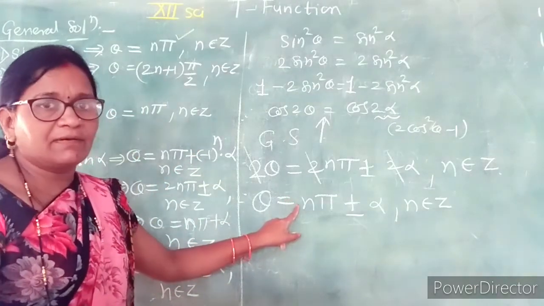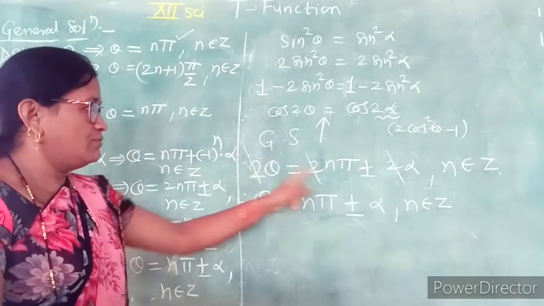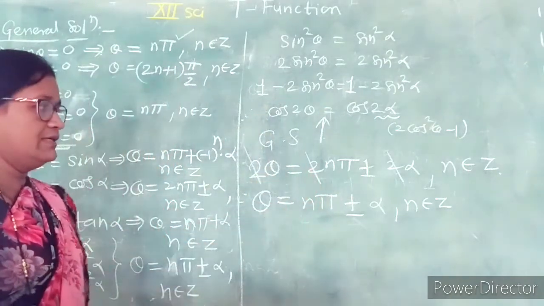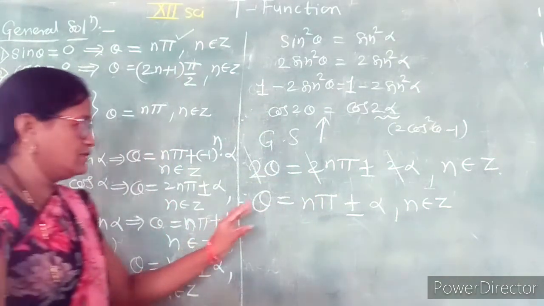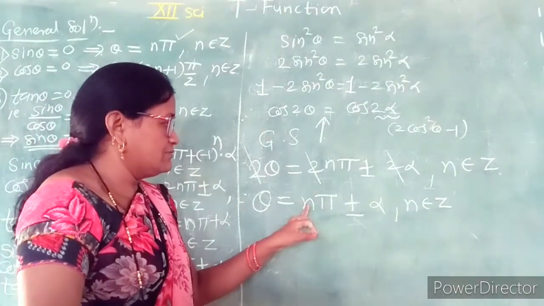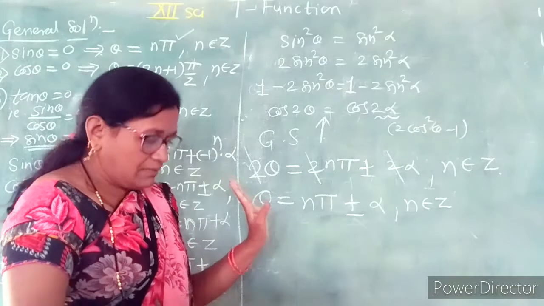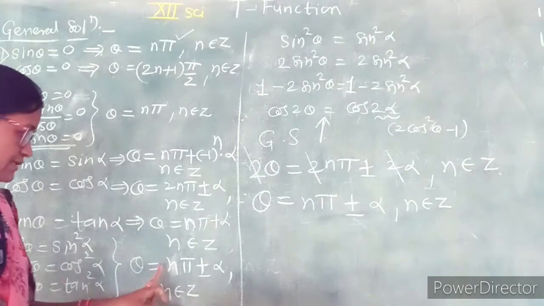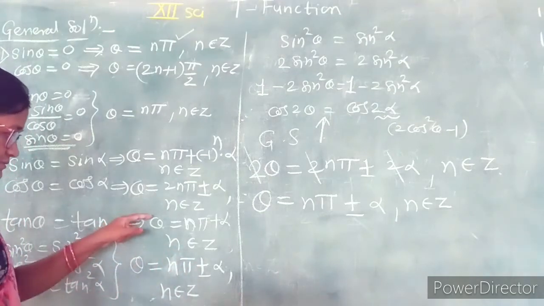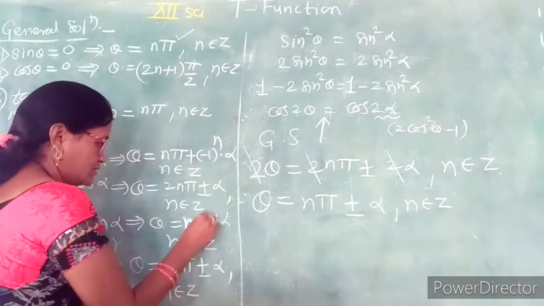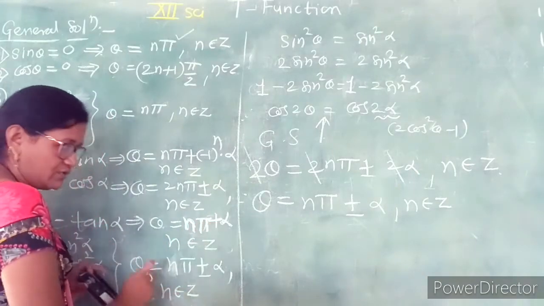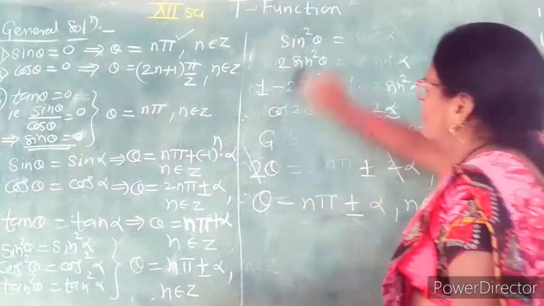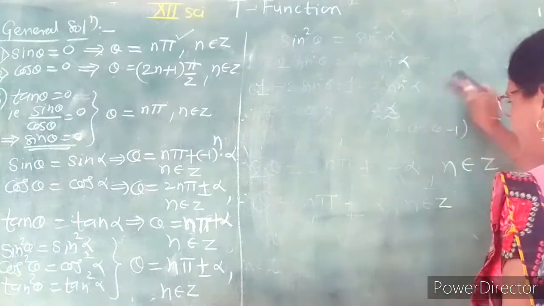But we never take a multiple of 2 here, because after cancellation of 2 by using the double angle identity, that 2 is cancelled, and the solution lies along the multiples of pi, meaning 1 pi, 2 pi, 3 pi, 4 pi. By using this square identity, the solution for these 3 equations is theta equal to n pi plus minus alpha. There is a difference between these 2 solutions. Remember that this is a solution for the tangent ratio, and this is a solution for the square equation. So with the help of this proof, we find the solution of these 3 equations, which is common.